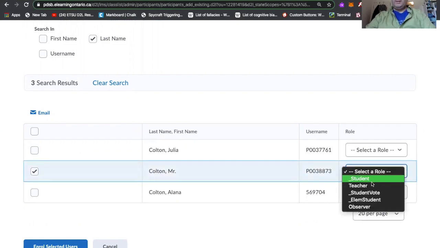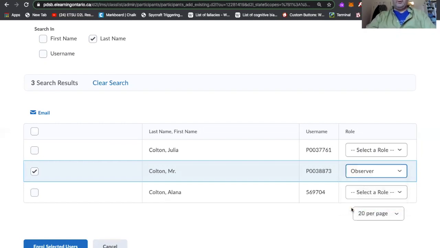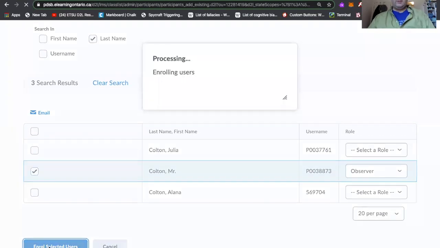Now, I would normally set him as an observer. You could throw him in as a student, but then technically you're going to have signs that he hasn't done his work and stuff like that, and I would find that annoying. And you definitely don't want to make him a teacher, or at least he won't want you to, because then he'll get all of the emails every time your students don't do stuff, or your people are trying to do stuff through the site. So you don't want to add him as a teacher. You want to put him in as observer, so that he has access to the site but doesn't do anything on it. And then you hit enroll selected users,